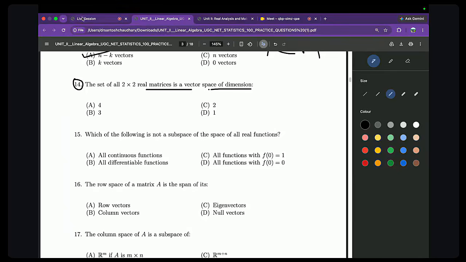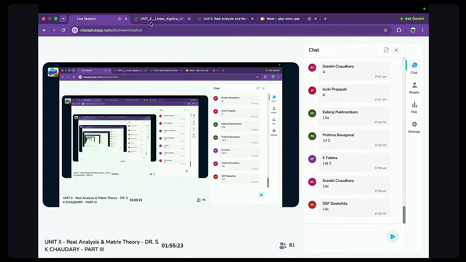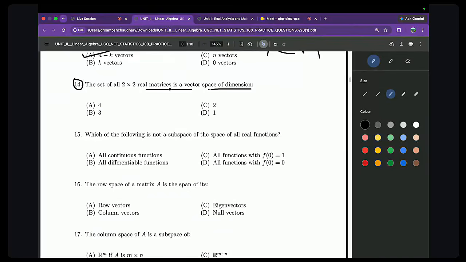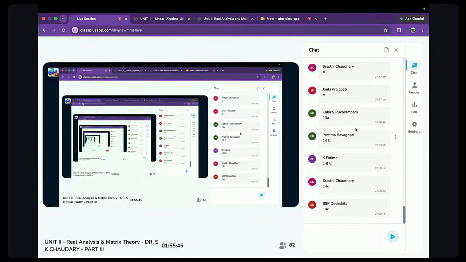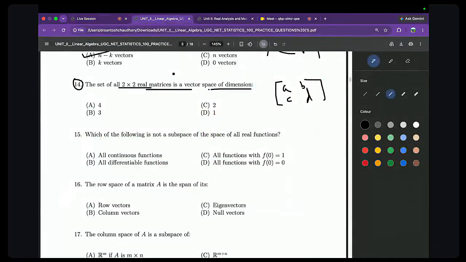14th का आंसर आपका कितना आया? C आ गया ना। Set of 2x2 real matrices, ये वेक्टर्स हैं, तो 2x2 में कितने एलिमेंट होते हैं? a, b, c, d, चार एलिमेंट हैं, तो चार अननोन हैं, चार फ्री वेरिएबल हैं। Set of 2x2 मैट्रिक्स है ना, कुछ कंडीशन तो दिया नहीं है, तो वेरिएबल रिड्यूस कैसे होगा? जितना नंबर ऑफ फ्री वेरिएबल या नंबर ऑफ अननोन वेरिएबल, कितने अननोन? चार हैं, तो इसको डिटर्मिन करने के लिए a, b, c, d स्पैन लिखोगे ना, तो a, b, c, d चार फ्री वेरिएबल, चार आंसर होगा।